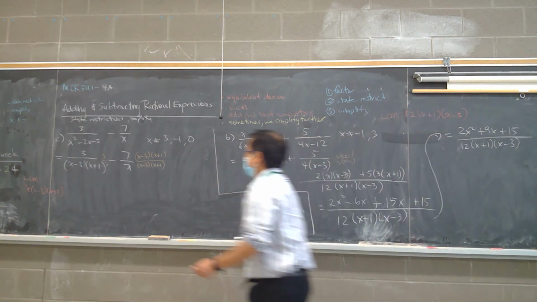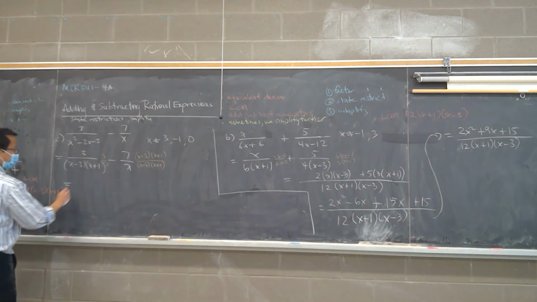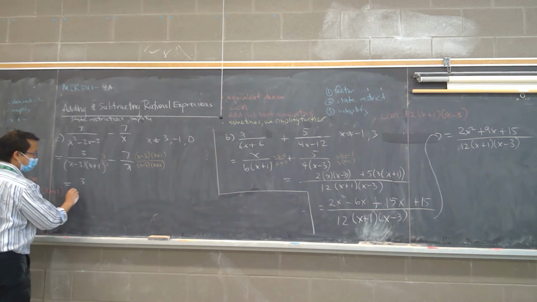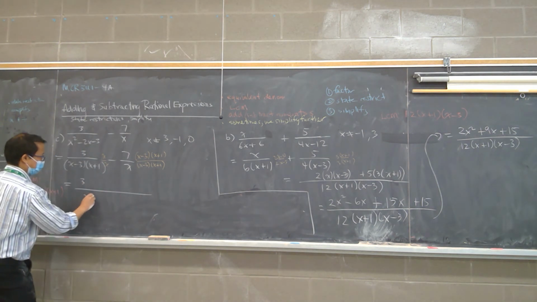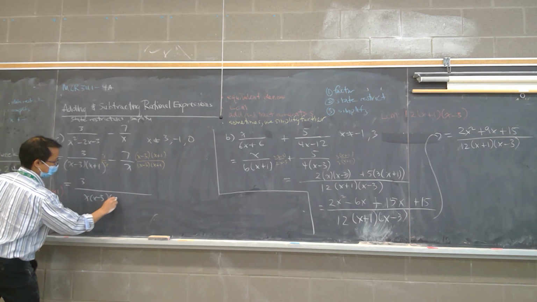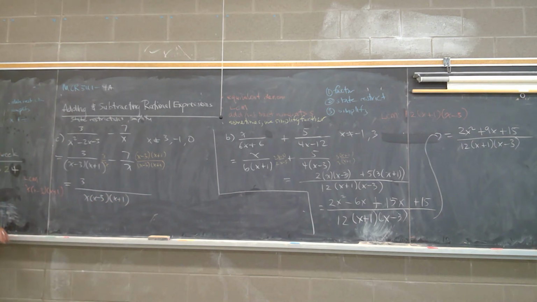So, what do we got? Well, let's just do the denominator first. X times x minus 3 times x plus 1. Hope that was okay. That's the denominator. I think everybody agrees. This is 3 times x, that's not a big deal. So 3 times x, 3x, minus